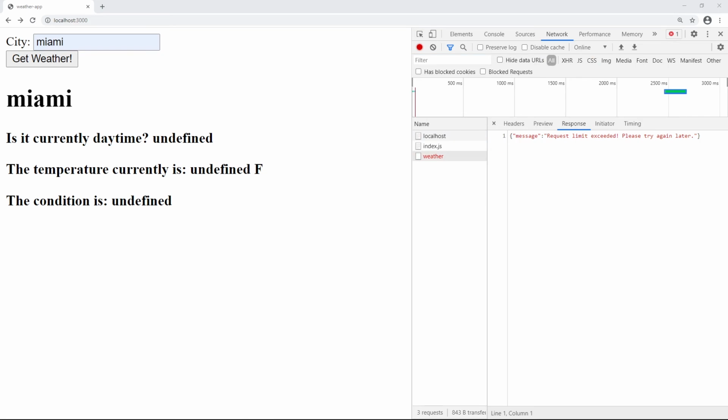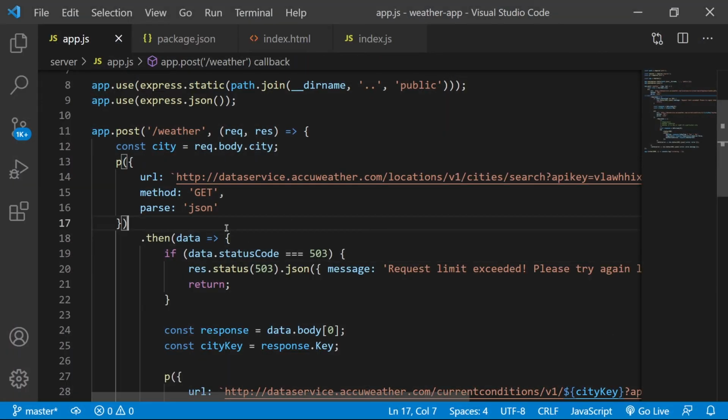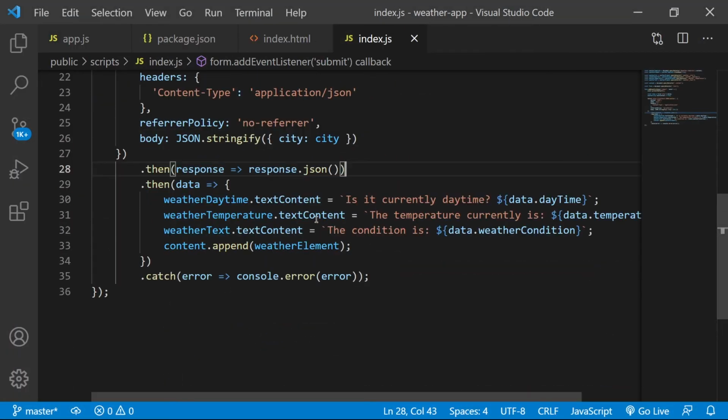What we need to do is on the front end, that's a 503 response.json. Now, is this marked as an error? Apparently not. It's still making it. So I wonder what would be. Well, it's not that it's setting it to undefined. It's not setting this text. So here, maybe we can, let's see what we can do here.